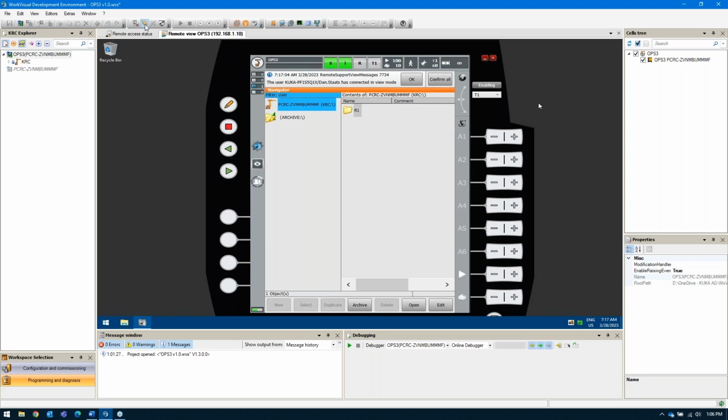So the next thing I'm going to do, once you're connected in view mode, this pops up here, and I'm going to request control. And you can see on screen, control mode is now available for me. So I can actually press buttons on the screen. That is configurable